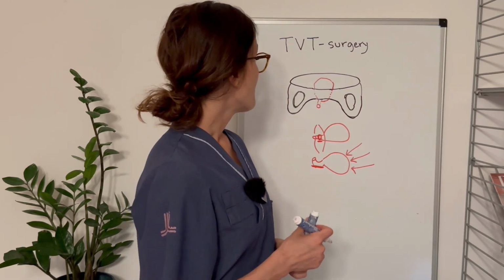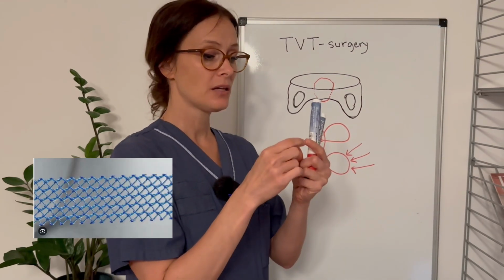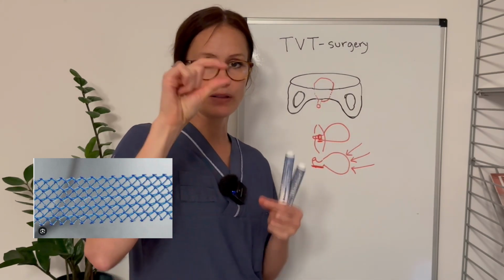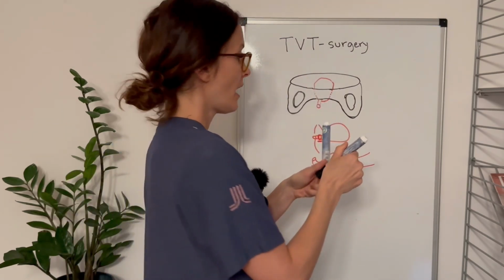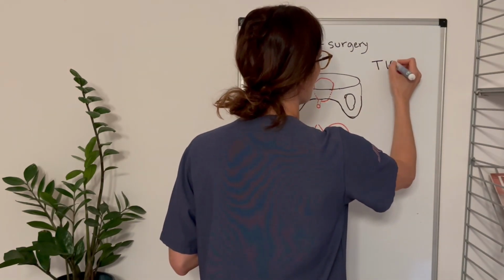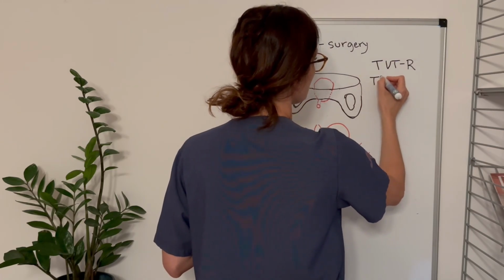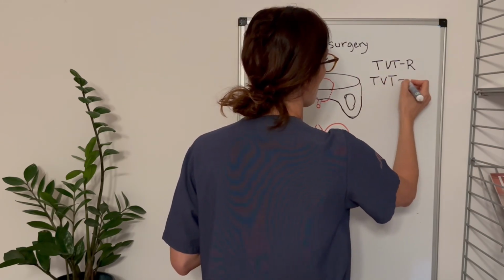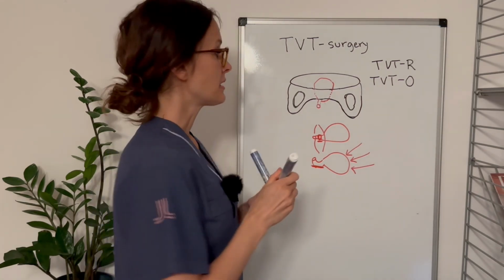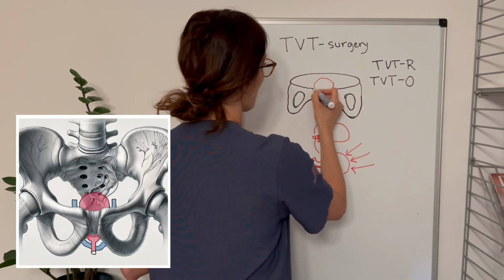There are two main types of TVT bands, because it's a little blue plastic band. It's approximately 1 centimeter in width. We have the TVT-R method, the retropubic method, and we have the TVT-O method, the obturator method. And it's the same kind of sling. The retropubic sling goes here up